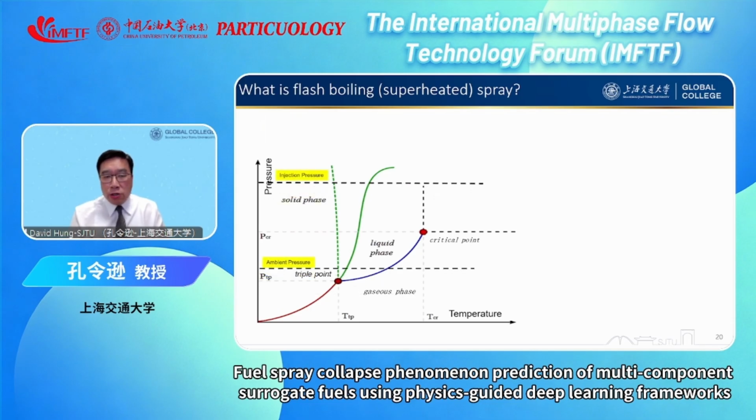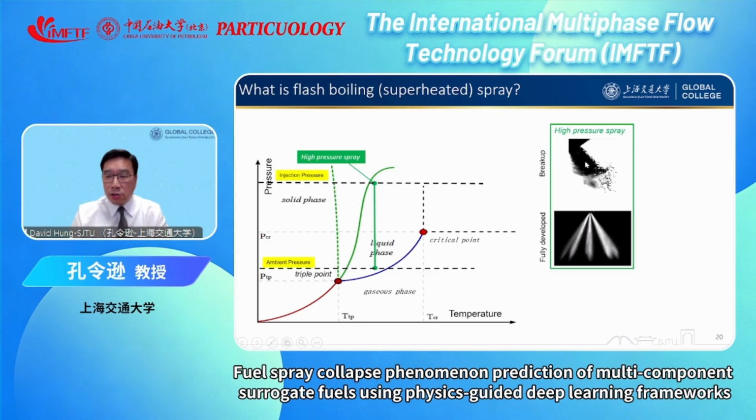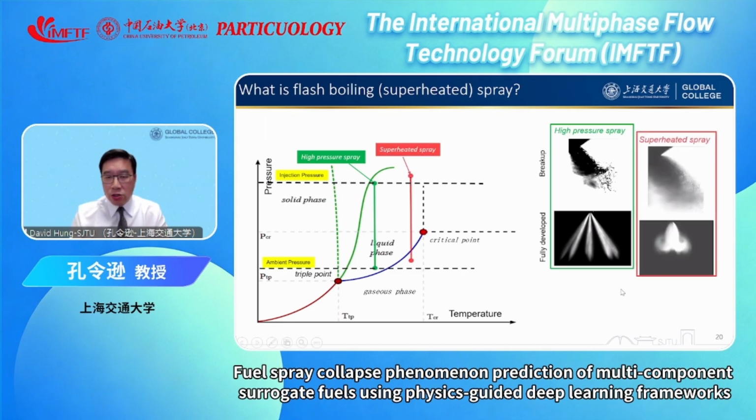Another situation worth looking at is what we call a superheated spray, or the flash boiling spray. You can see that this is a two-phase diagram, a P and T diagram, showing whether you have a solid phase, a gaseous phase, or a liquid phase. If we are talking about injection of liquid, we are injecting from a high injection pressure to a lower pressure in the liquid phase. So that looks something like that. You can see that this is a breakup, and this is a typical fuel spray that is in liquid phase. But if you move to a certain point away from that temperature, let's say to here, then